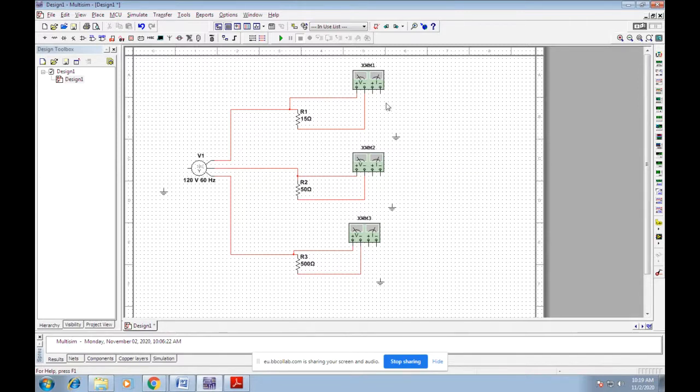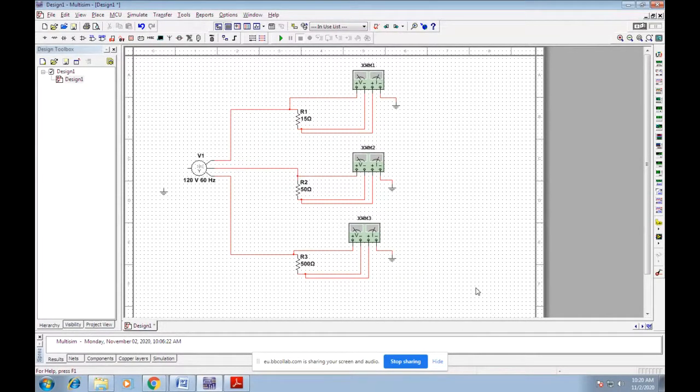What about the current? We will measure current by connecting it in series. How to connect it in series? Simply connect this to the second end of the resistor: positive to the resistor, and negative we will connect to the ground. This is a series connection for the current. Similarly, positive to the second end here and negative to the ground. You remember, in the previous experiment you learned that this is how we connect the ammeter.